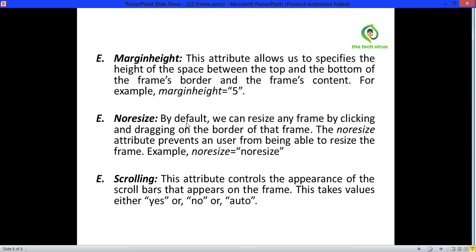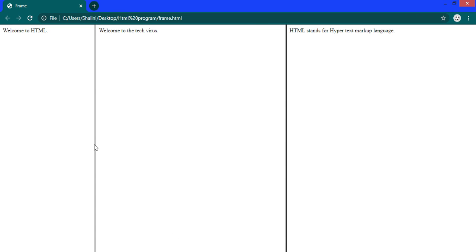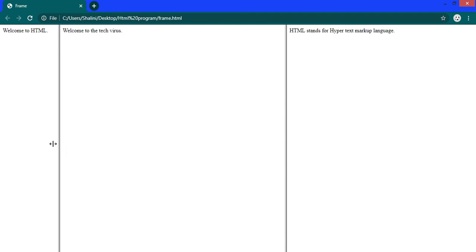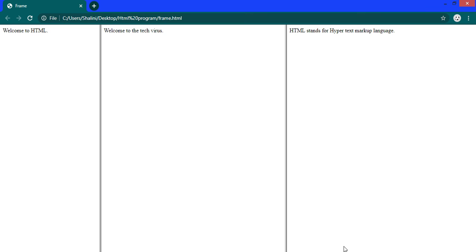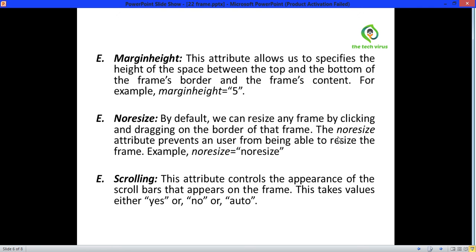Noresize. By default, we can resize any frame by clicking and dragging on the border of the frame. See, click here and drag it. See, we can resize any frame. The noresize attribute prevents a user from being able to resize the frame. Example, noresize equals to noresize. Scrolling. This attribute controls the appearance of the scroll bar on the frame. It takes value either yes or no or auto.